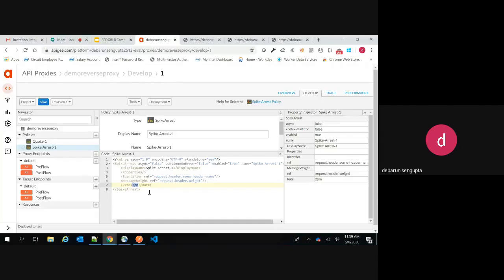Although it might look similar to quota policy, in quota policy in the entire duration of 1 minute we allowed only 3 requests. But here, 2 per minute means 2 per 60 seconds or 1 per 30 seconds, so in a 30-second duration we allow only 1 request. If more than 1 request comes within the 30 seconds, then, similar to the quota policy violation, we will get a spike arrest policy violation exception. This helps you prevent a maximum amount of traffic from hitting in a certain fraction of time. So this is the advantage of spike arrest policy.